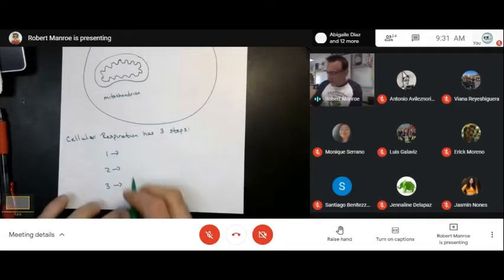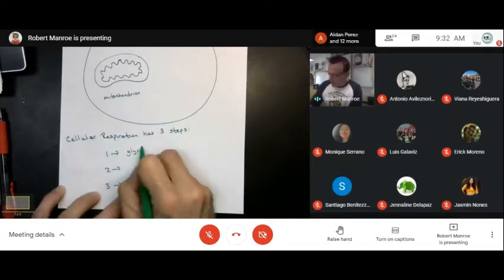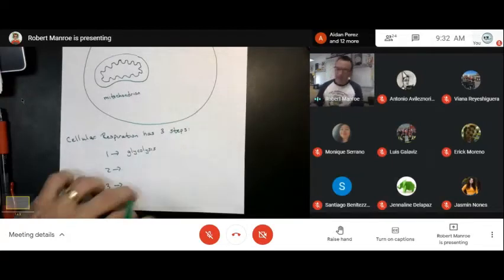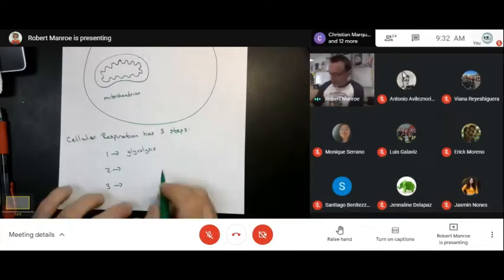Okay. The first step is called glycolysis. Glyco, sugar, lysis, split. The first step is literally called the splitting of sugar because that's what happens, right? You take all of your sugars, which are nothing more than carbon rings, 5 to 6 carbons, and those rings are simply cut in half. And then they're now a segment of carbon chains, and then now you start pulling the electrons out.